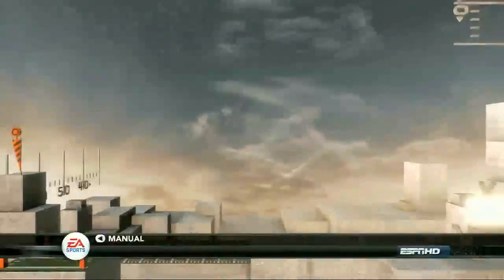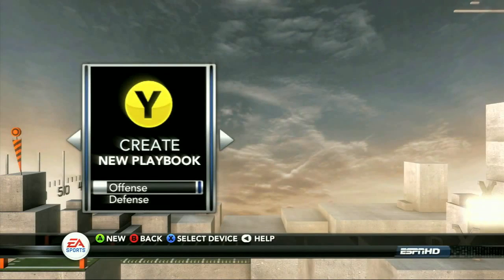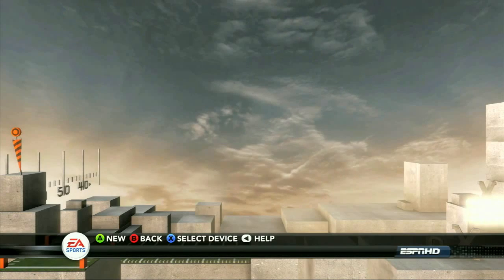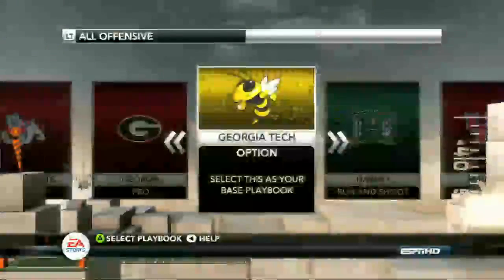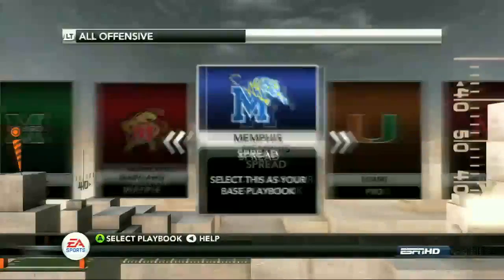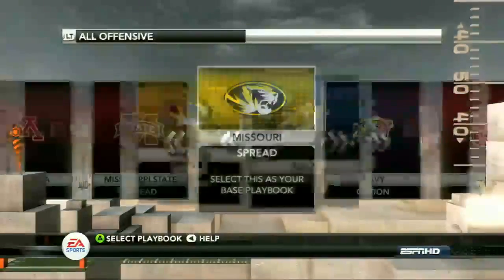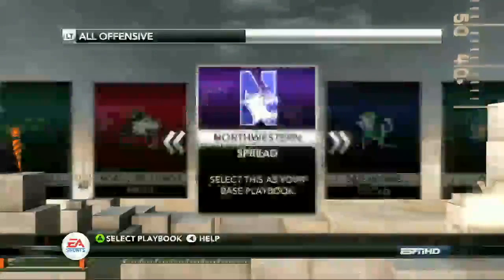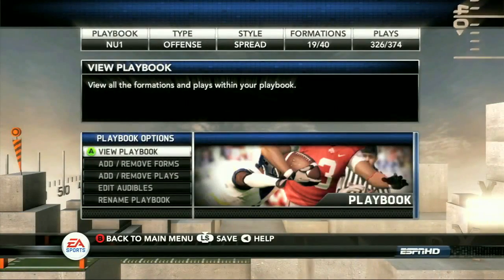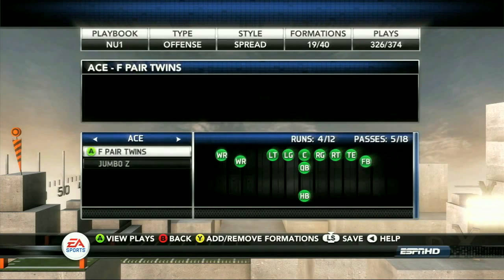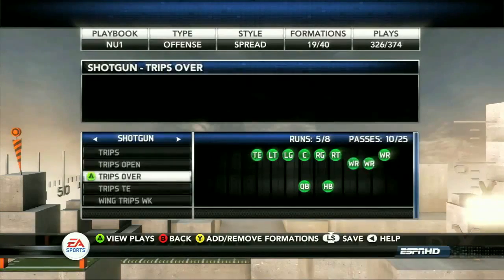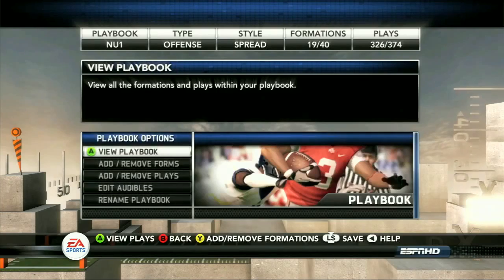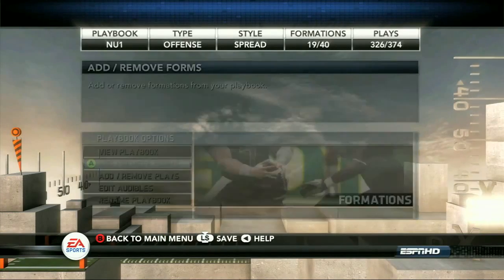Fantastic. Let's see this. All right, so I'm going to create a new offensive playbook, and as I go through, I'll let you guys know why I put my playbook together the way I do. So I'm going to scroll over, and I usually use Northwestern as my base. Is there a reason why? I'm going to tell you the exact reason why. When you're creating your playbook, you can view your playbook at first and see these formations come up, what you currently have, in case you're just opening a playbook for the first time that you choose to use as your base. Now, as I go into add or remove formations, the first thing I like to do is